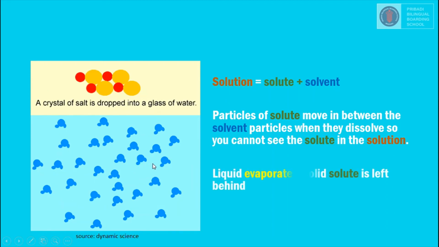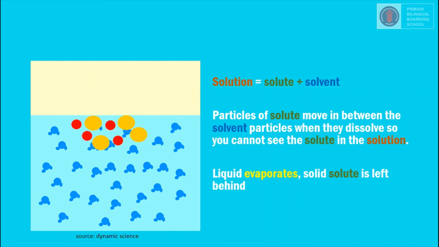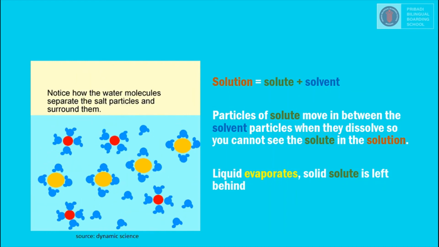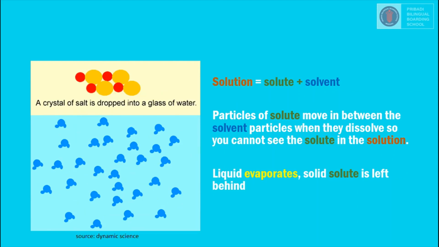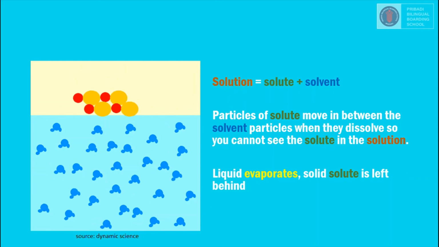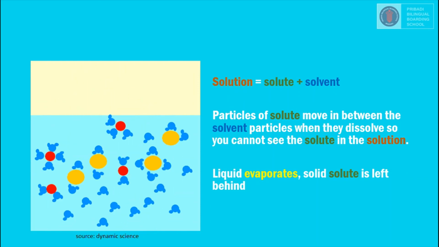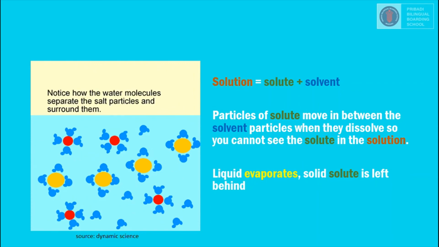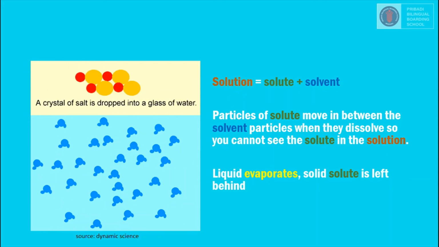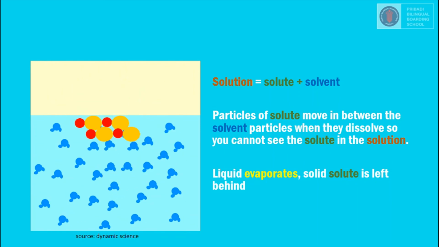And the last one is, when the liquid evaporates from a solution, the solid solute is left behind. Like the example that we learned before about making salt. So the seawater is a solution, right? Because it's salt mixed in the water. But if we make the water evaporate, we can get the salt